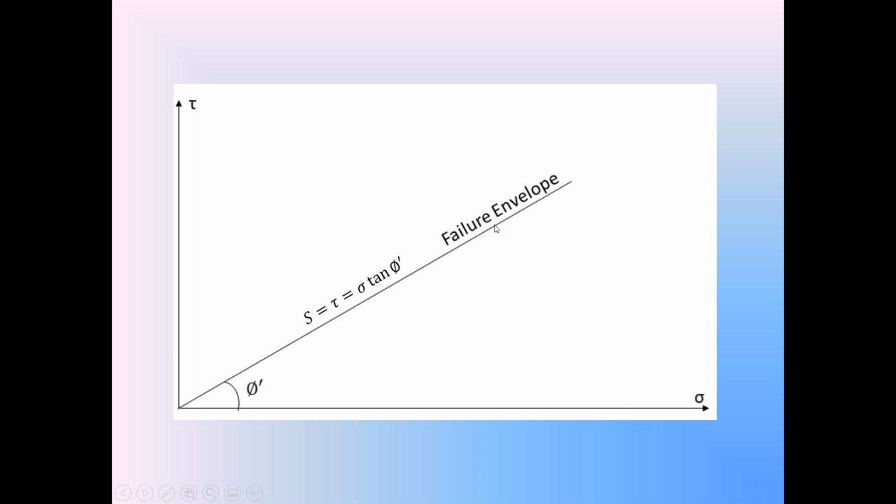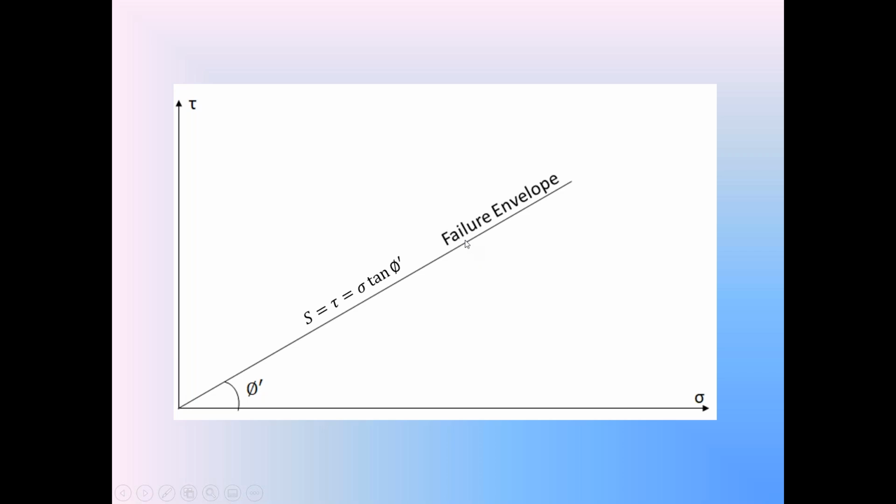That straight line is called the failure envelope of the cohesionless soils. We got this straight line in the xy coordinate system, with normal stress sigma on the x-axis and shear stress tau on the y-axis. The equation is tau is equal to sigma tan phi, in the form of y is equal to mx, a straight line passing through the origin. So in cohesionless soils, this straight line makes the angle phi dash with the x-axis. We call this straight line for cohesionless soils the failure envelope.